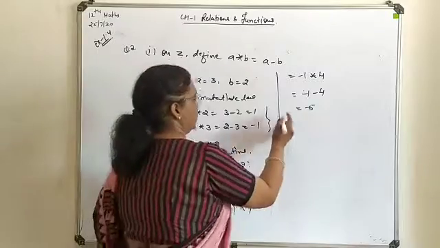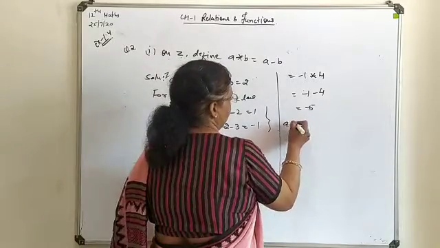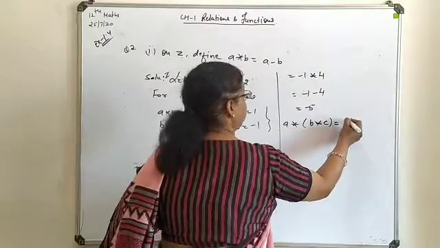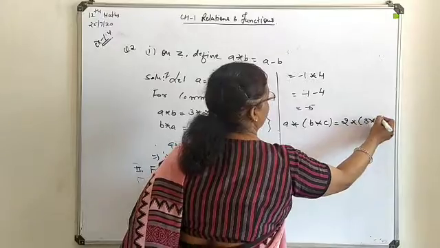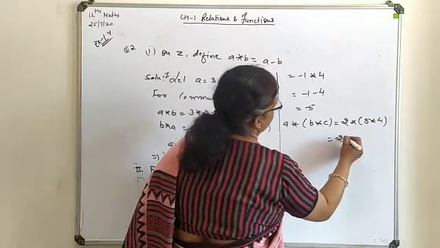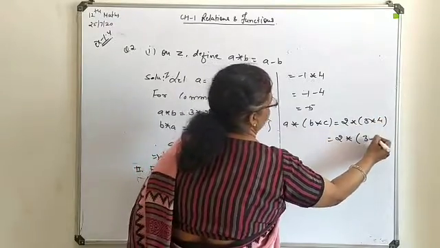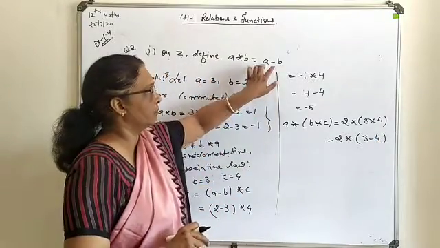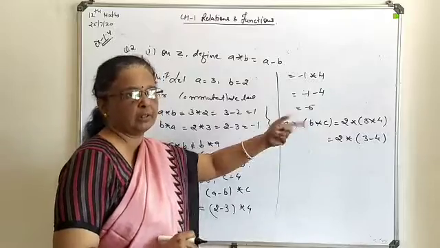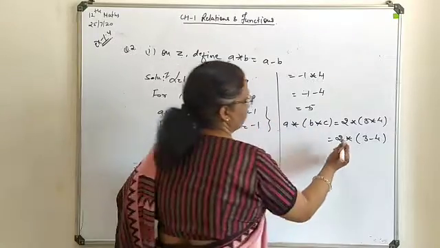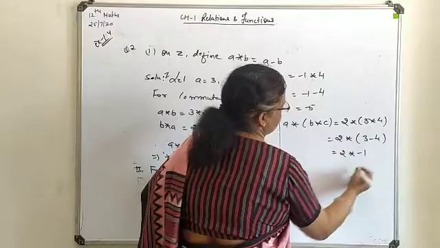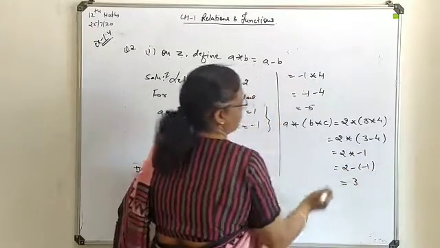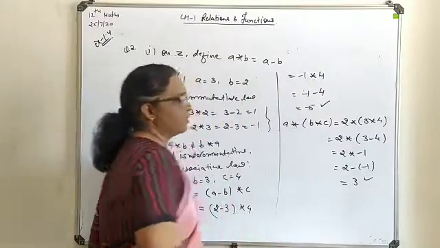As the second part, you will go for A operate on B operate on C, where B operate on C is taken first. That means it was 2 operate on 3 operate on 4. This is 2 star, and this is 3 minus 4. It doesn't matter that the position of the numbers is changed, the same function is operated everywhere between two terms. Now this will give you minus 1, and again 2 minus minus 1, that means 3. You can see these two solutions are distinct.